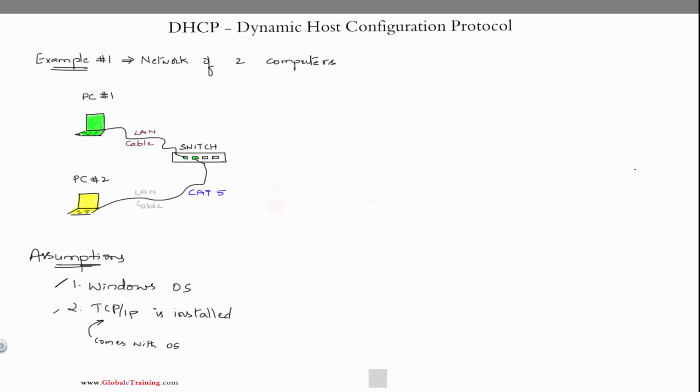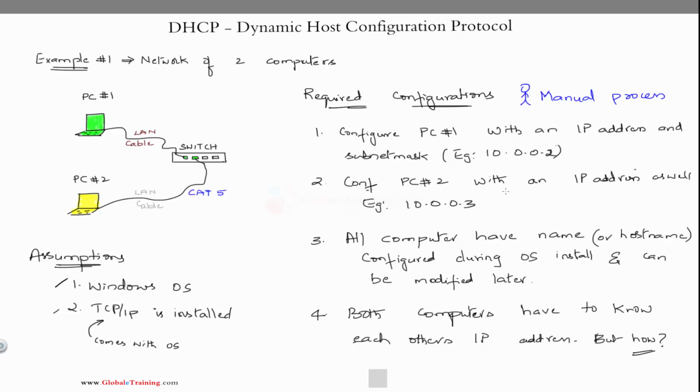So what do we do in order for these computers to talk to each other? We have the operating system, the switch, and the cables connected. What are the next steps? Now these are the steps. We need to assign an IP to the first computer,